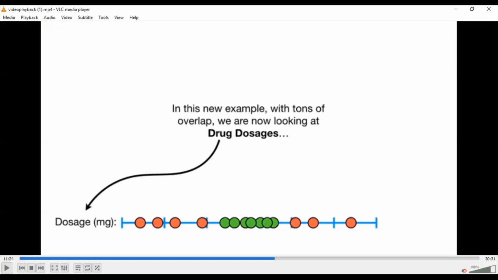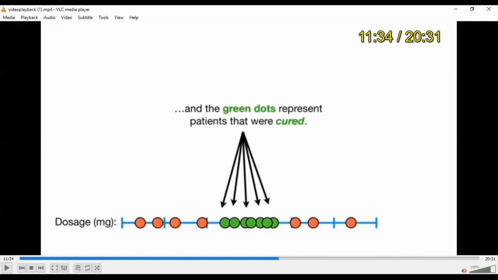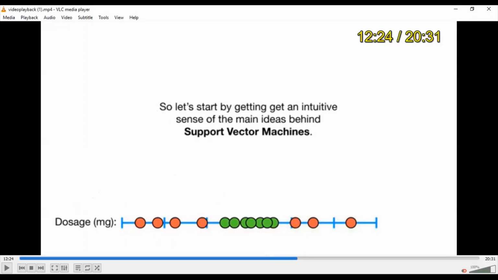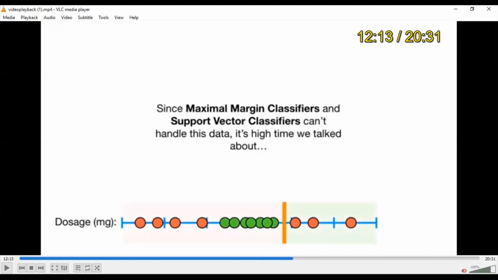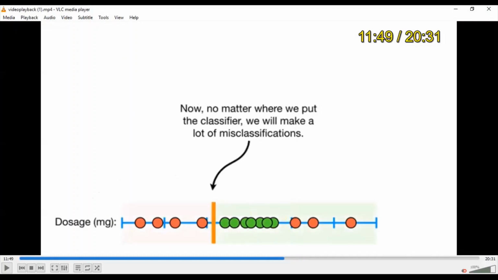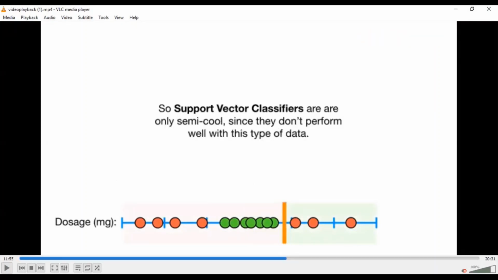If you take way too much, it's bad. So if you use the exact soft margin classification, it's not going to work here, because any case you try, it cannot classify your data in any way. So how do we do it?